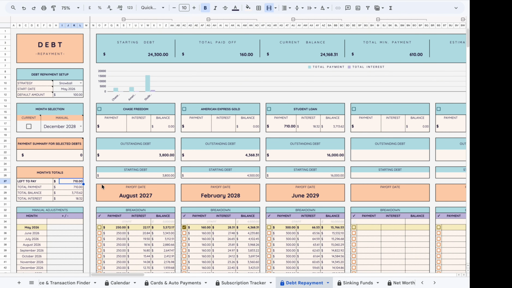Let's go now into cards, subscriptions, sinking funds, and net worth tabs. These tabs are practically standalone tabs. They are not affected by whether you made an entry into transactions, and not affected by whether you set a starting amount or a goal amount into your sinking funds. They are just for tracking purposes and work independently from the budget, which means, for example, in cards and auto payments,